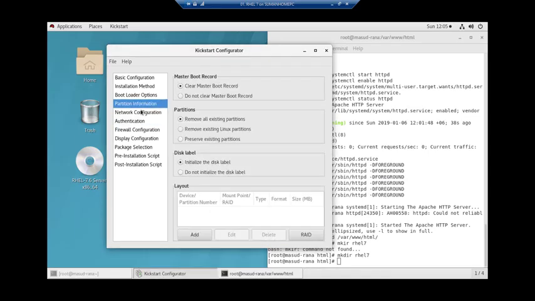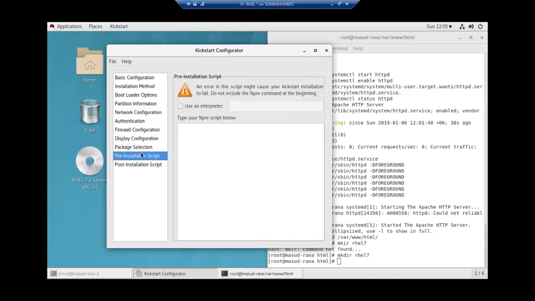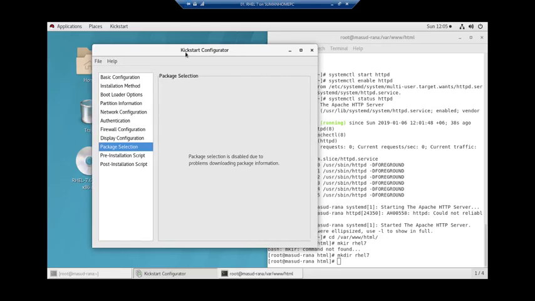So basically I can answer everything from here, but this tool is not a complete tool. That means many features will not be available here. This tool has been developed, I think, long before.